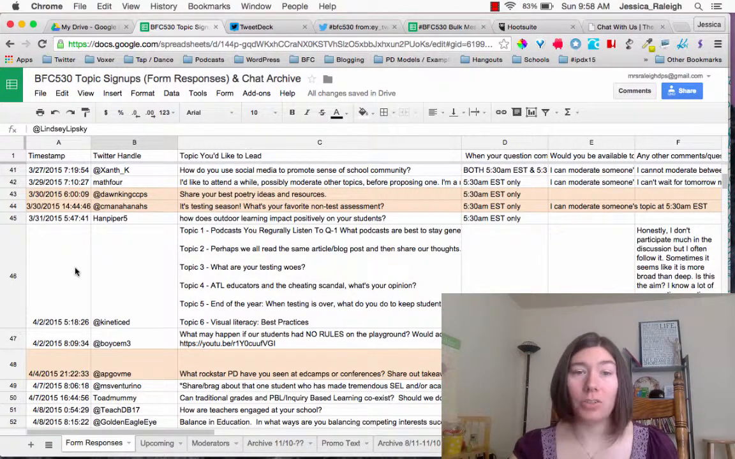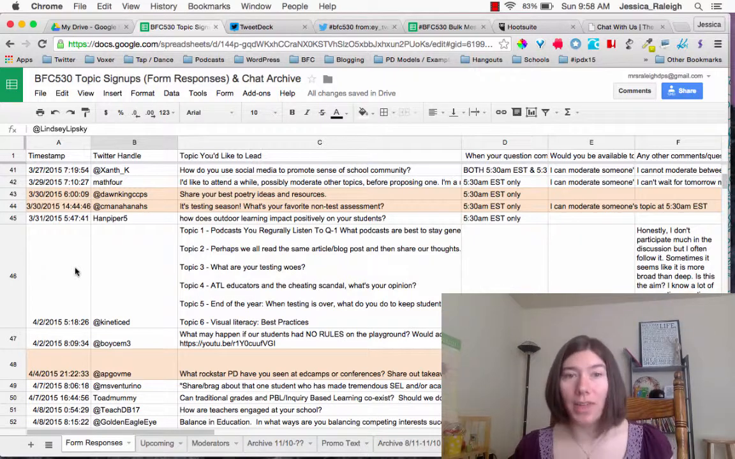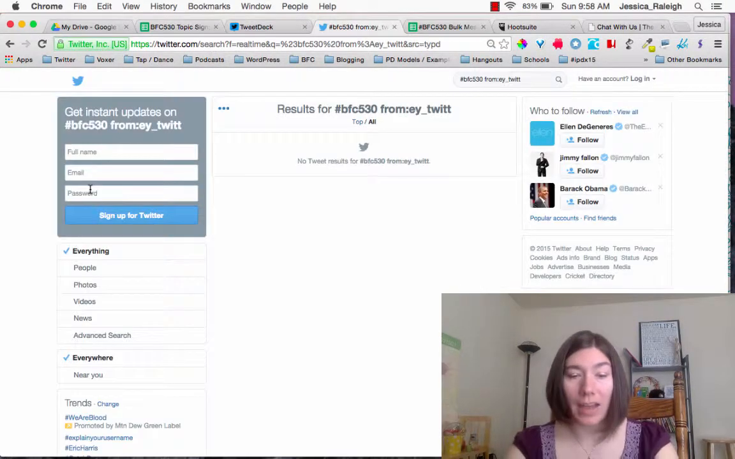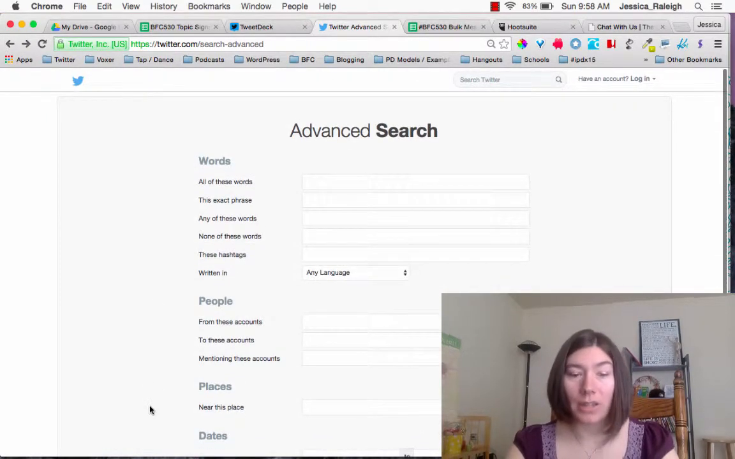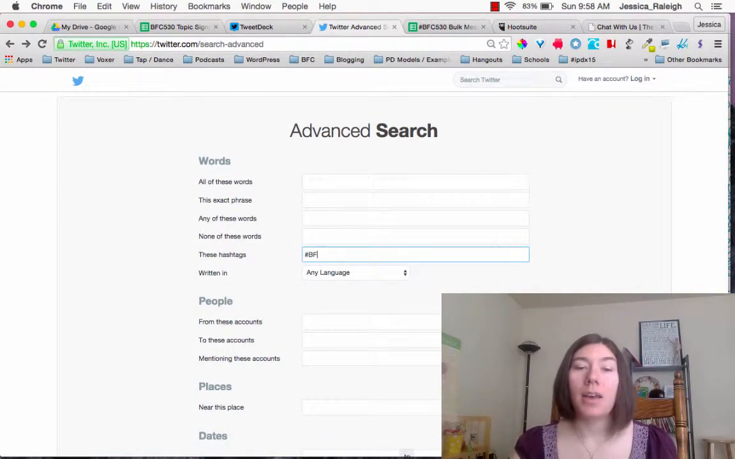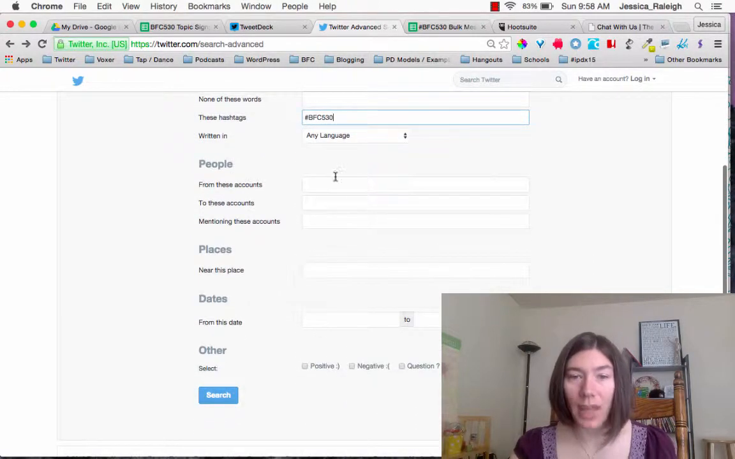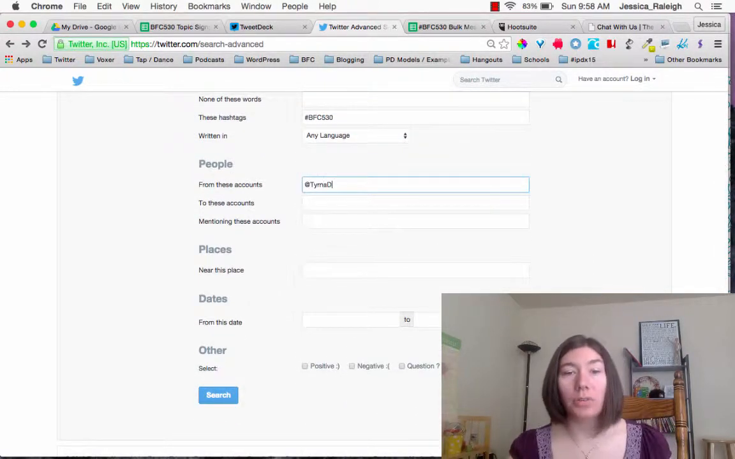So I actually use the Twitter advanced search. I don't know if anybody's familiar with this, but I love the advanced search. So I'll put in the hashtag and I can search BFC 530, and then from these accounts, I can put in somebody's Twitter account. That's my account. And if I search for it, I can go to all, and I can see the most recent time that